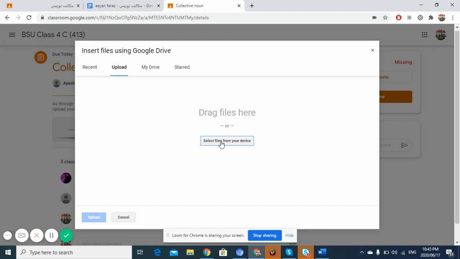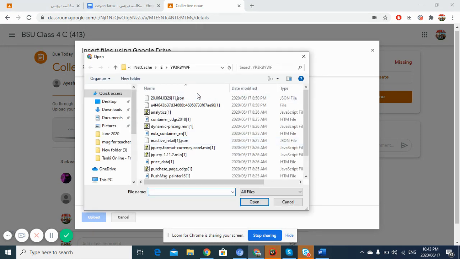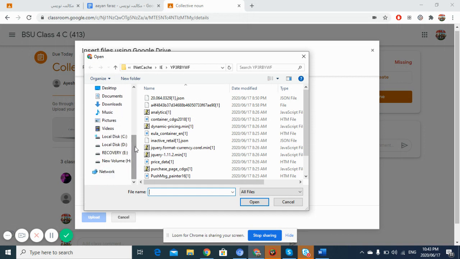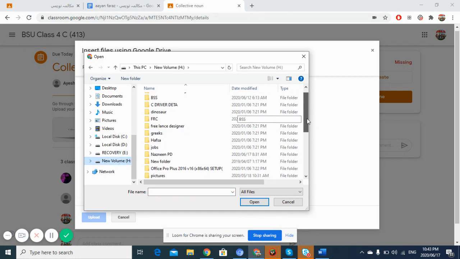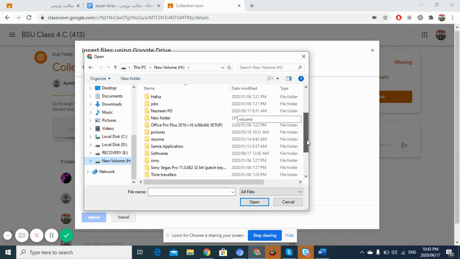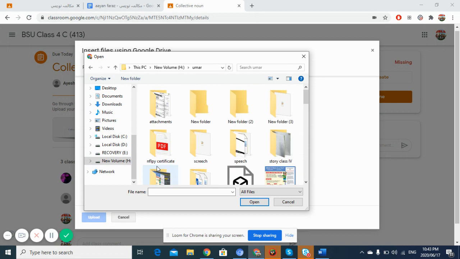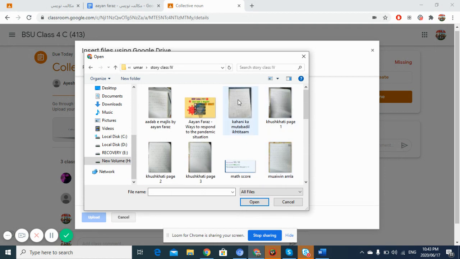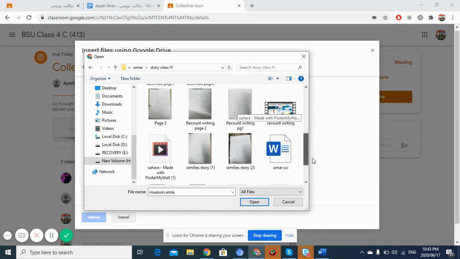Now I have saved the file on my computer, so it's asking me to select the file from my device. So click on this option. If you have saved it on the desktop, make sure that you know where you have saved your file, because you have to upload the file from the specific location. I have saved it in my drive, so I'm opening it from my drive. Now let's say that I have taken its picture. See, it's a picture. So what you are going to do, select your file